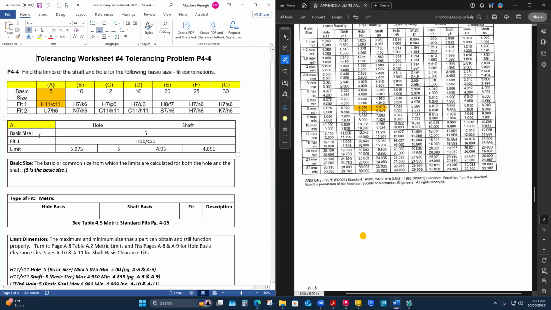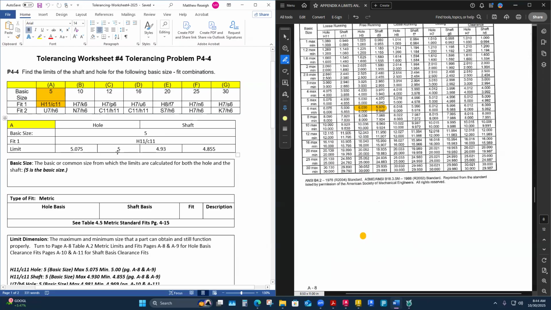We're looking for a basic size. Basic size is just given to us, so that's easy. 5. 5 is our basic size. For both, they're not separated hole and shaft so much here. And then we're just given the actual fit. So for fit 1, all we have to do is write in it's an H11, C11. So I'm going to go to the chart and find this, and then it's just a matter of finishing off